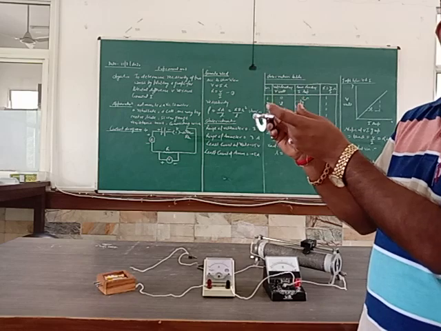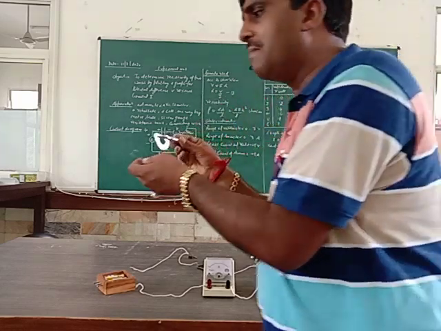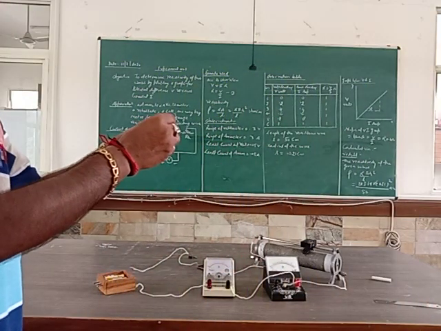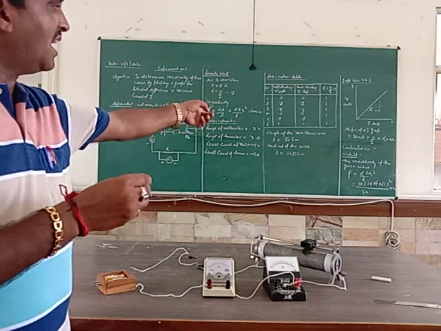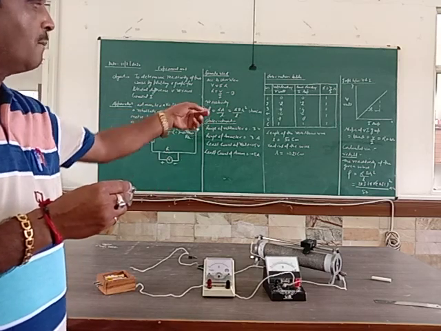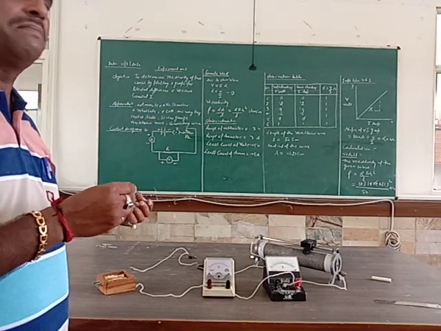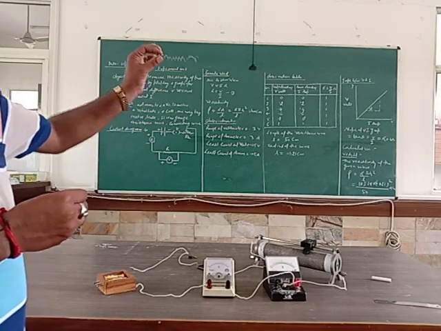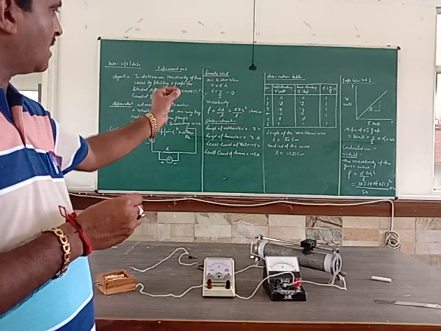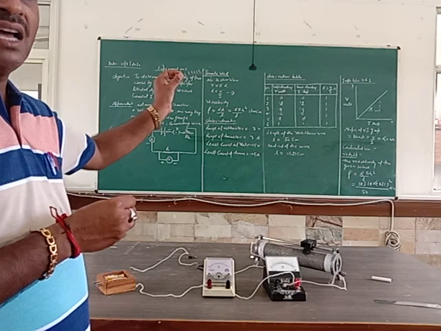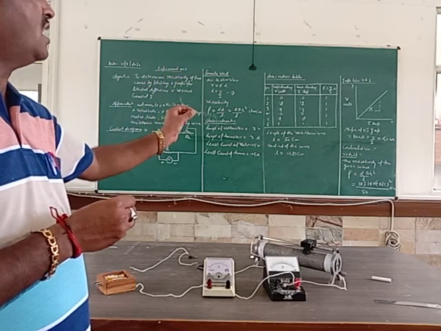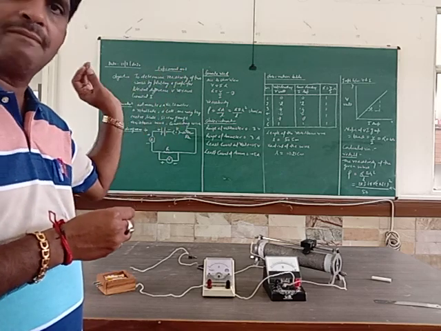And this one is the diameter, and when we halve the diameter we find out the radius. The radius of this wire is given as 0.021 centimeter. L is the length of the wire we are using in this experiment, which is 50 centimeter, and the radius of this wire is 0.021 centimeter.